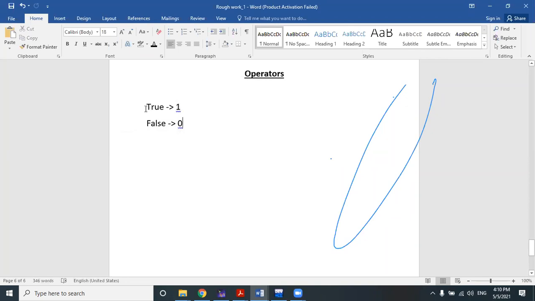In the Java programming language, true and false will be represented in the form of the entire word true and false. In Java, it is not represented with 1 and 0 values; it will represent with the words true and false, and you will see the output true or false. But in C, you will get the output 1 and 0, which represent true and false respectively. I will show it.